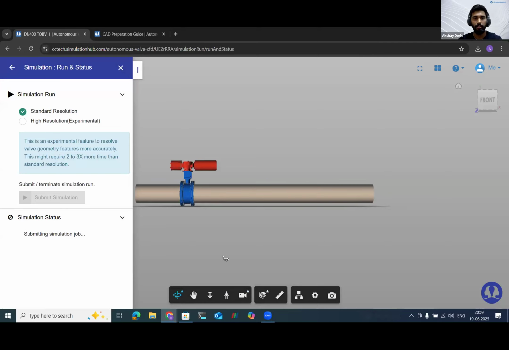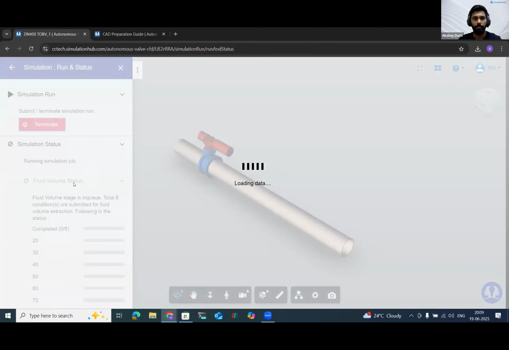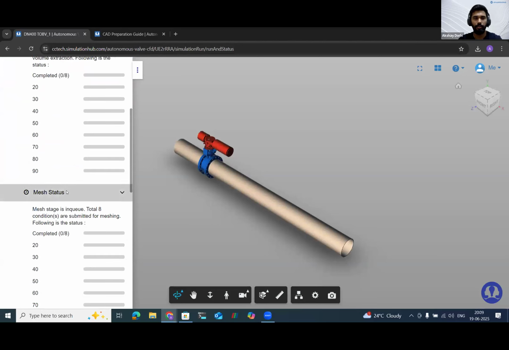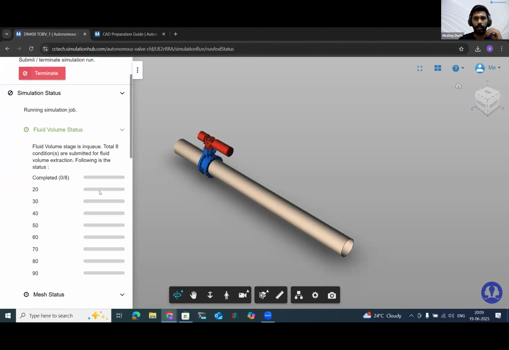So you can see here the message is submitting simulation job. And as with almost all applications, it's always good to give it a quick refresh. Fingers crossed. Yeah, so the simulation has started. There are 4 steps in the CFD process. So these are the steps. So right now it's in progress. And over to you,